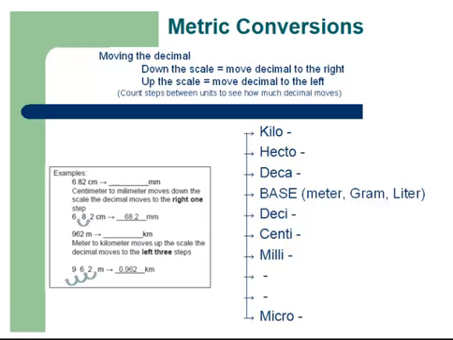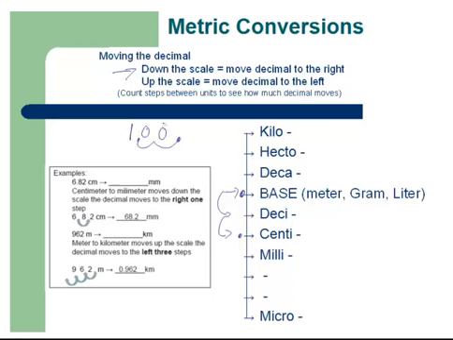And so if you're starting at anything on there, so maybe you start at your base of a meter, and you want to change that to a centimeter, going from our base to centimeter, we're going down 1 jump, 2 jumps on our scale. So going down the scale, we move the decimal to the right. So if we were starting with our 1, and our decimal is here, going down the scale from meters to centimeters, moving the decimal to the right, we would go 1, 2 jumps,